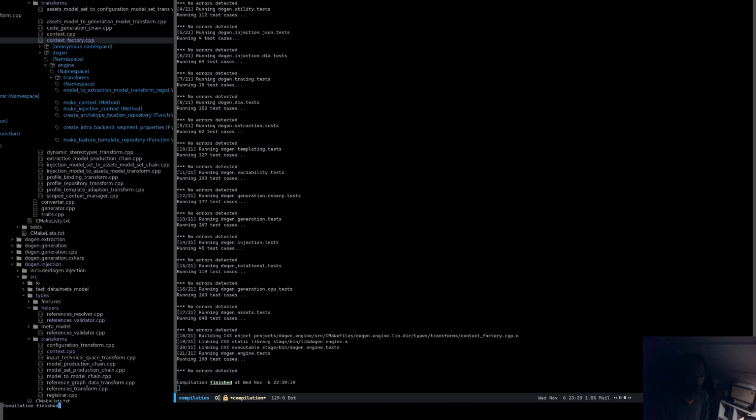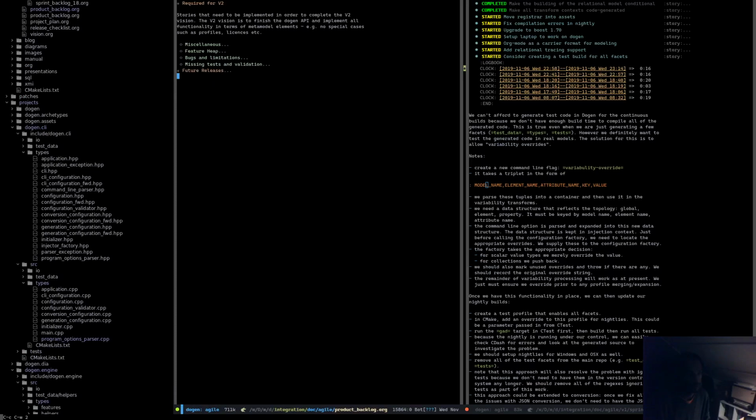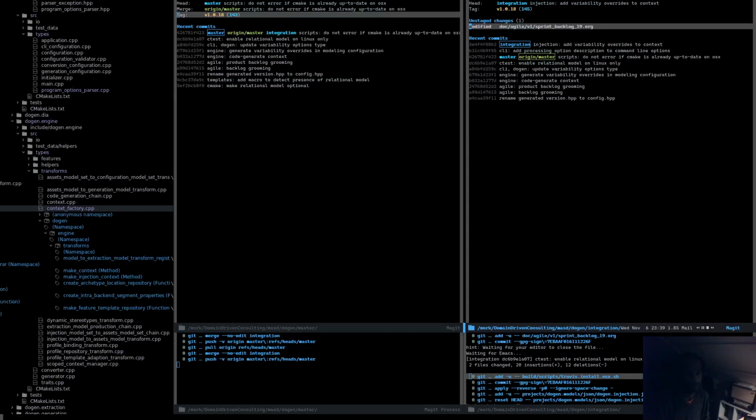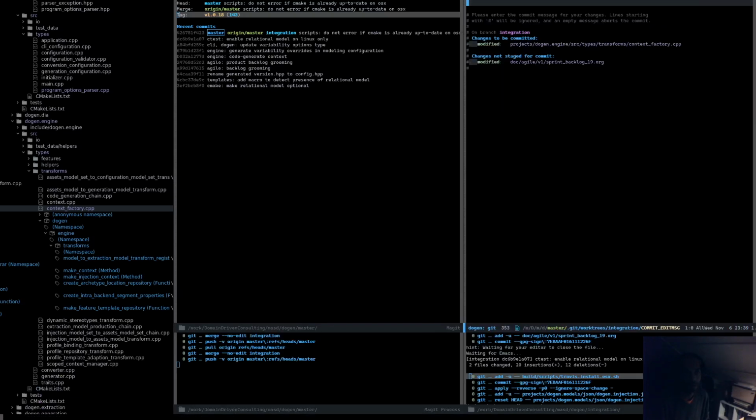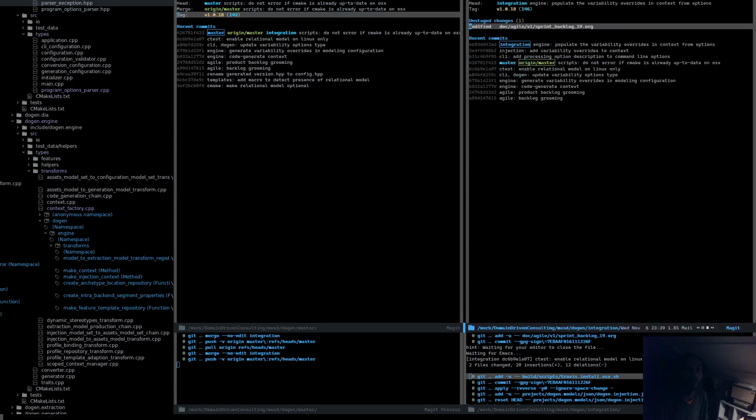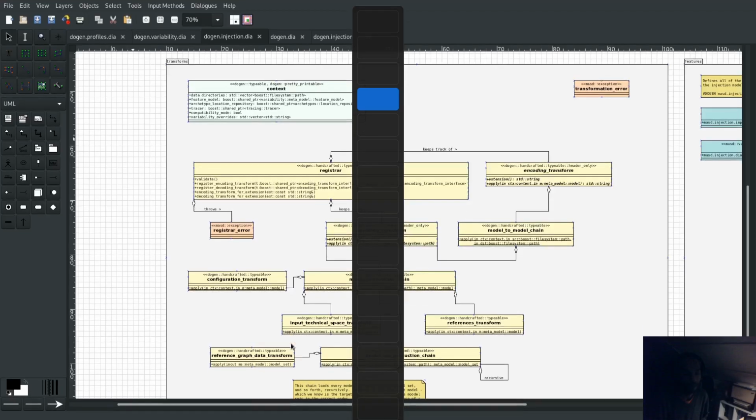Hopefully, good, excellent. Again, we just commit this. Can say engine populate variability override context from options. Okay, so now very straightforwardly we moved the options to the next stage of the pipeline, and now the second